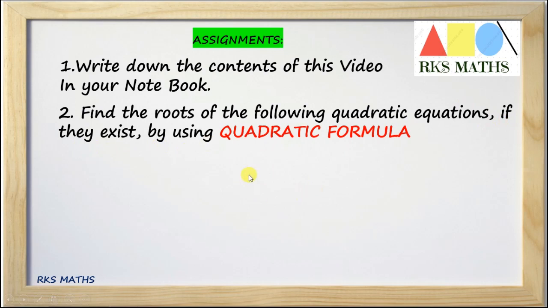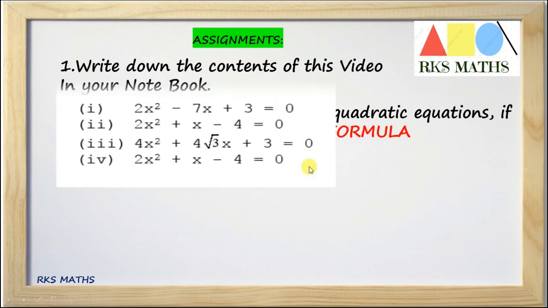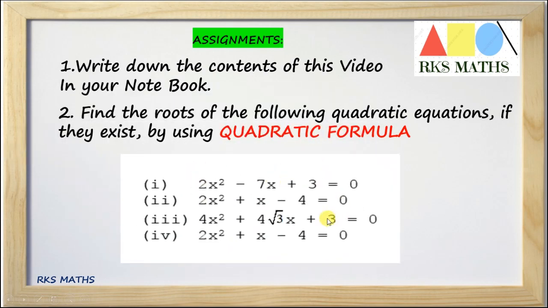Student, it's quite obvious that, as I told you earlier, you have to first find the value of D. So for this quadratic equation, if we first find the value of D, it may be possible in some cases that D comes out to be less than 0. This indicates that the roots don't exist. So we have to find the roots where they exist. Otherwise, when D comes out to be negative, you have to simply write that no real roots exist.